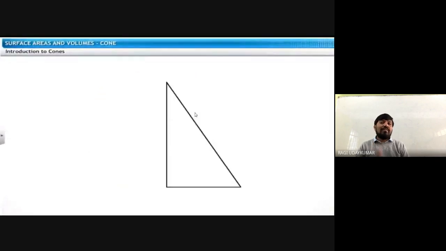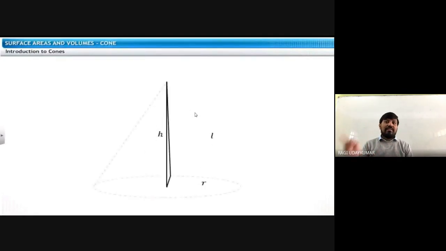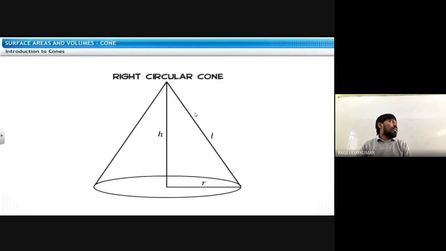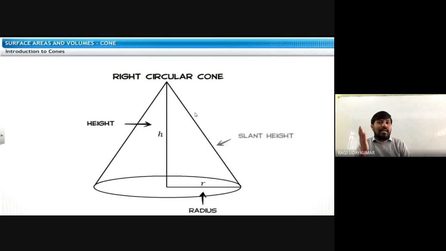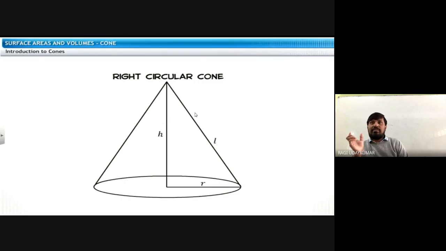Construction will be normally whenever you are taking a right angle triangle and moving this right angle triangle around the height h like this, if you are moving that, then whatever the solid it is getting is called a right circular cone. So whatever the fixed axis, around the axis it is moving. So that is called the height here, and L is denoted by the slant height and the base radius. Down whatever the circular shape is there, the radius of the circular shape is called the base radius.